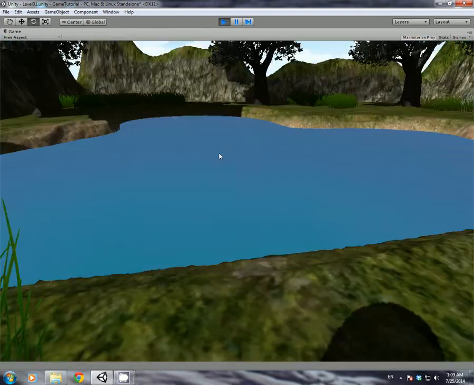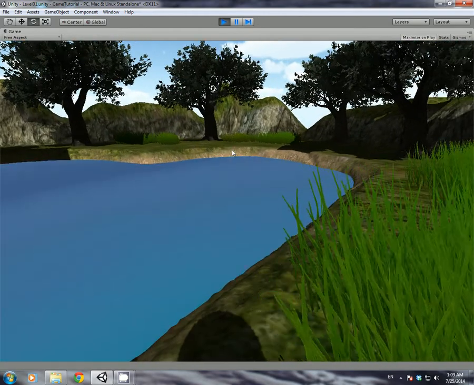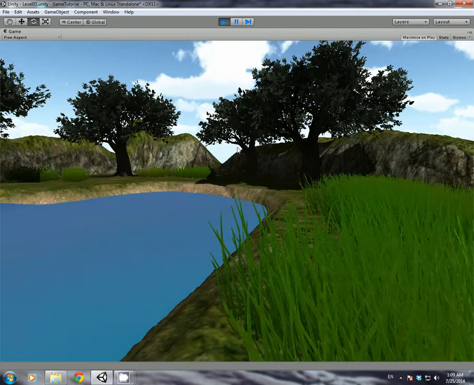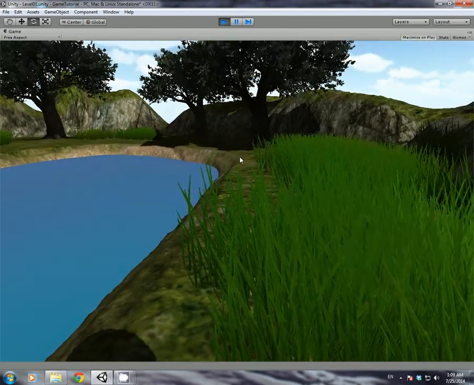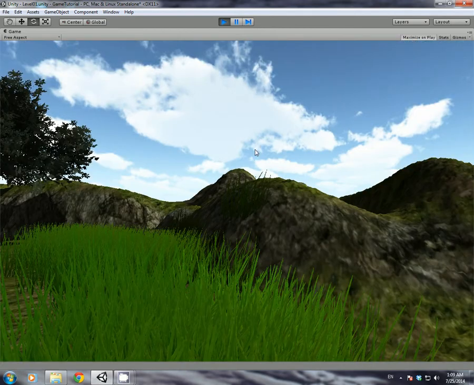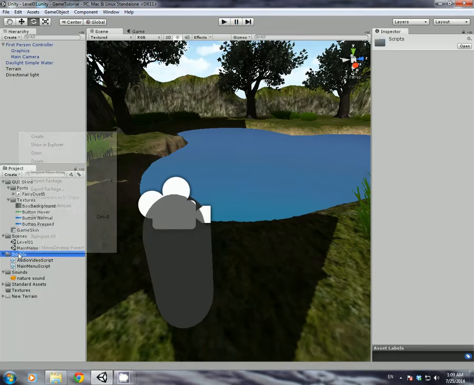I'm going to code in a little menu, so if you press the escape key once, it opens up a little menu and the cursor comes back up, and you can select some options, and you press escape again and your cursor goes away and the menu goes away. So to do that, what we need to do is create another script,